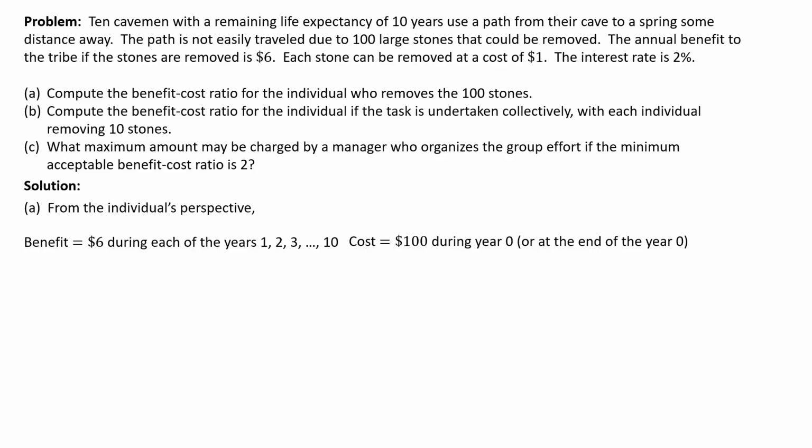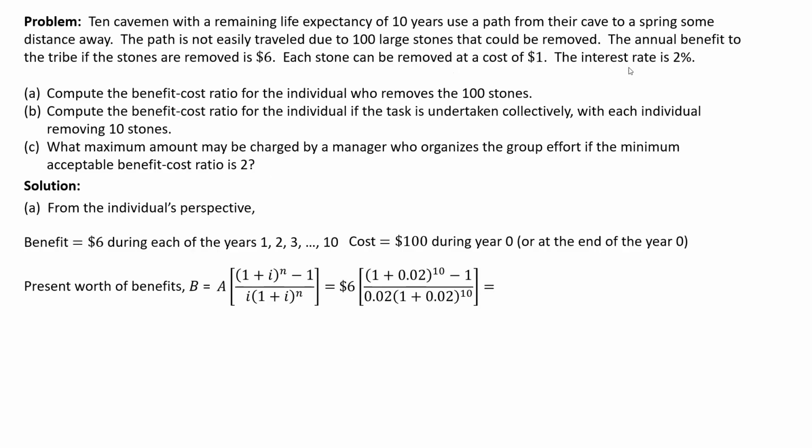Then, what can we do? What is the present worth of these benefits? Do you see the benefits? Benefits are clearly a uniform series, $6 during years 1 through 10. That's the only benefit. So we can apply our good old formula: $6 times the factor, where 2%, 0.02, is the interest rate and N is 10. Plug and chug, and that turns out to be $53.90. So the present worth of all those benefits for those 10 years, each year $6, turns out to be